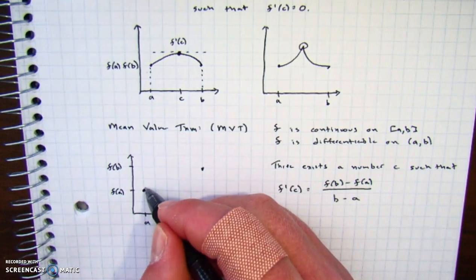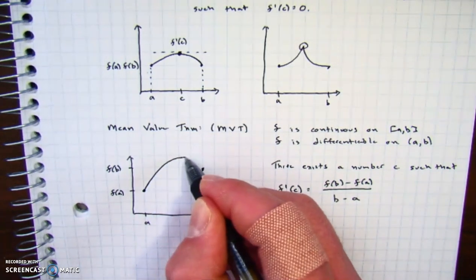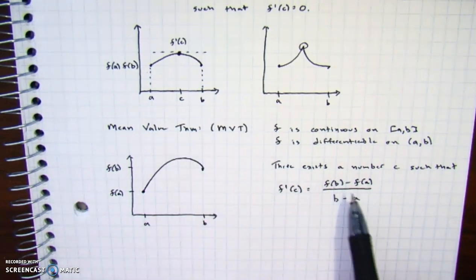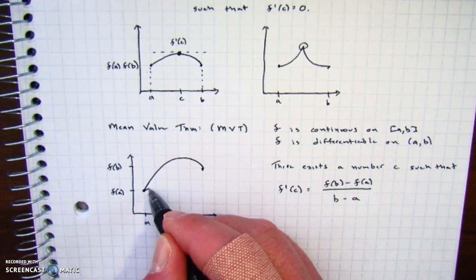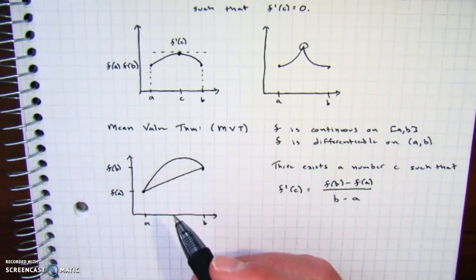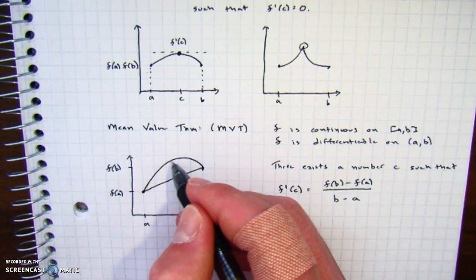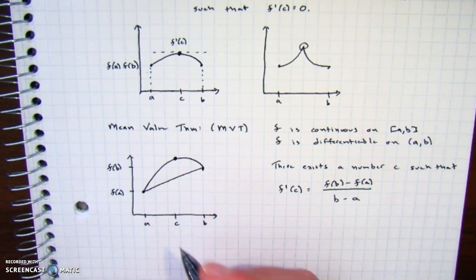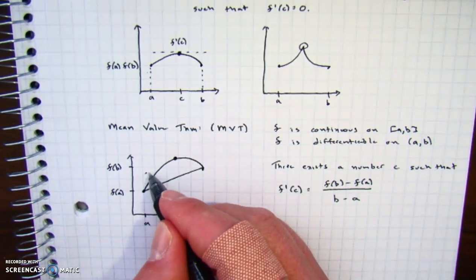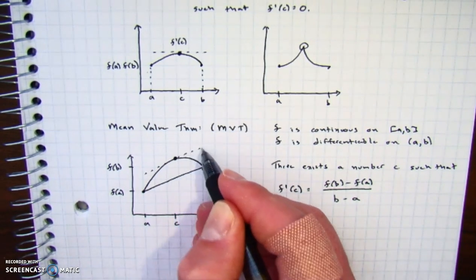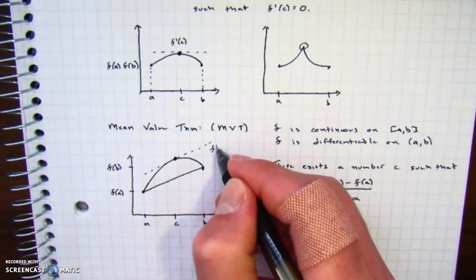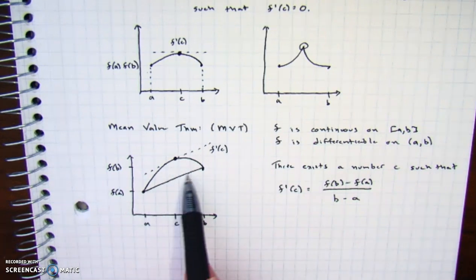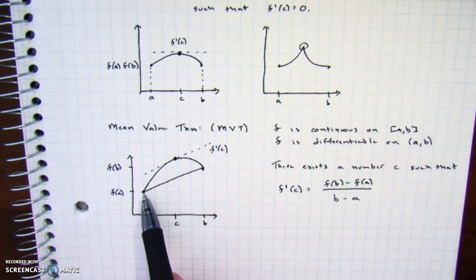And then we'll just say it's connected at some point, maybe like a line like that. And so if you took the slope, which is all that this is, you're taking the slope of these two things, and you connected them with a line, there's going to be some point C, we'll just say it's right there, so that's going to be our C. There's going to be some point where the instantaneous rate of change, or f prime of C, is going to be the same slope as this average rate of change from A